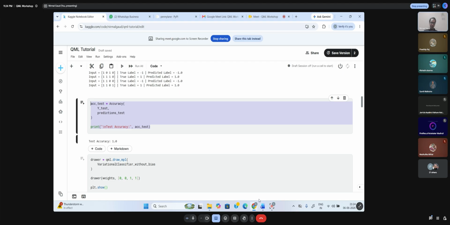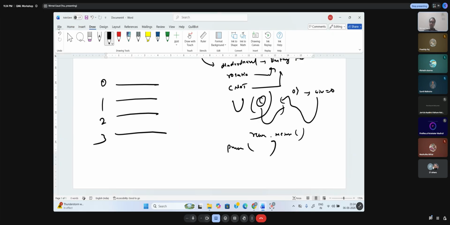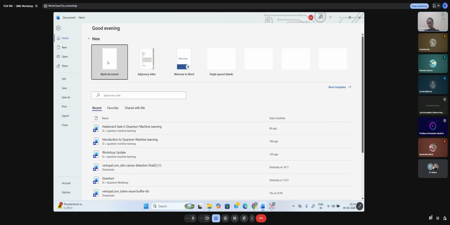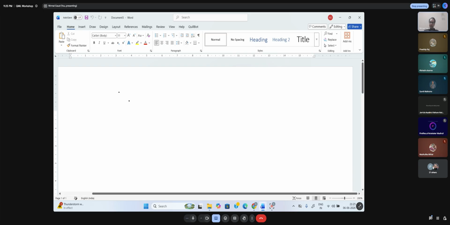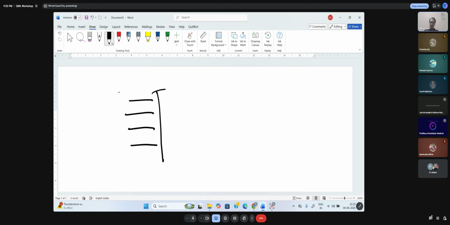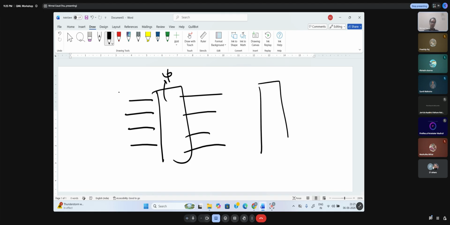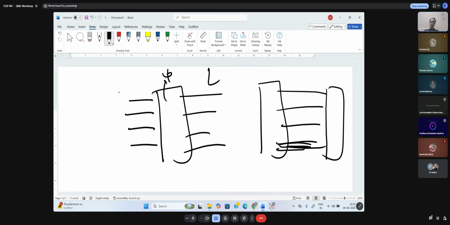So what I did, in a very simplified way, as you have seen, four inputs are possible. I need to convert them into superposition quantum states. Then I need to pass them. There are two layers actually. This is layer number one. This is layer number two. As we make a layered architecture in deep learning, here also we are making a two layered architecture in quantum machine learning. All right, and you can see there's a tapping. This is what you can see.